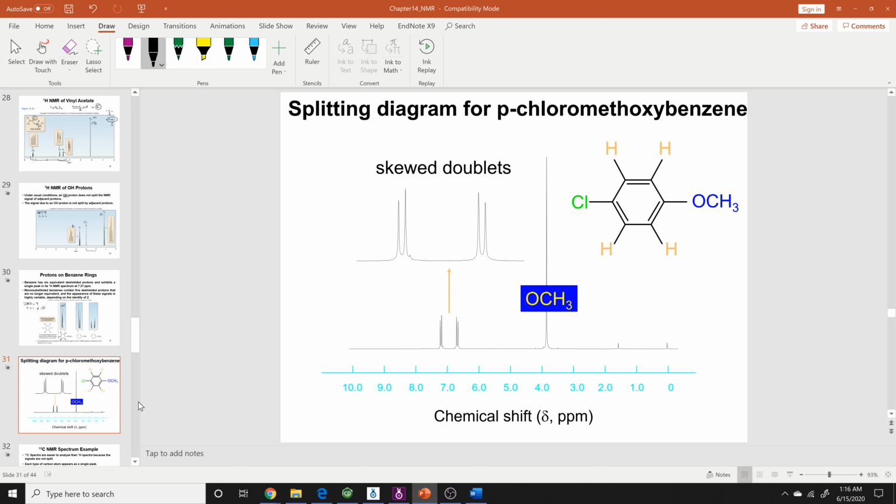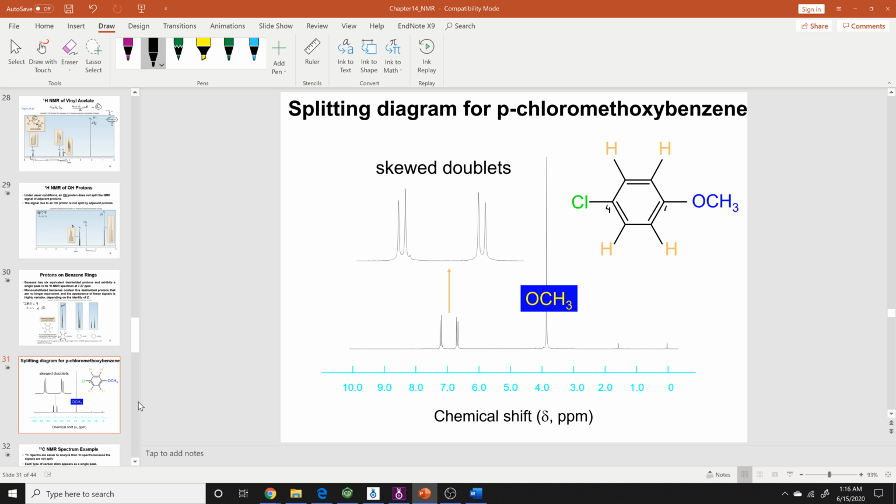Now, if you have two groups on the benzene, normally NMR is used to determine the para substituted benzenes. And para is whenever you have positions 1 and 4 on the benzene occupied. Now, normally it's hard to determine from proton NMR the meta and the ortho substituted benzenes, meaning the 1,2 and the 1,3 groups on the benzene. It's hard to figure those out from the proton NMR, but